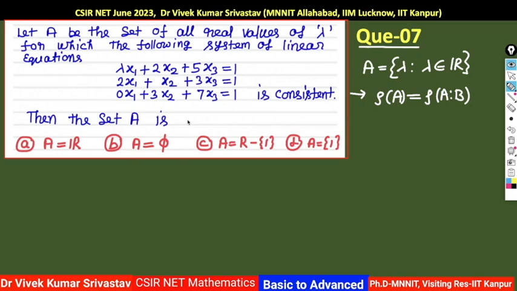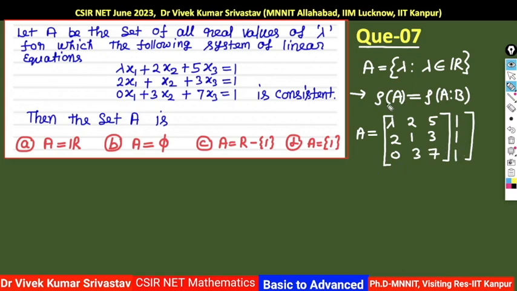एक और तरीका समझिए, मतलब कई तरीके से प्रॉब्लम को सॉल्व कर सकते हैं, सवाल ये है हमें कैसे सॉल्व करना है. तो देखिए अगर ये लीनियरली इंडिपेंडेंट वेक्टर्स हो जाए, मतलब अगर मैं इसका रैंक निकालूं, दिस इज द मैट्रिक्स A: पहली रो λ 2 5, सेकेंड रो 2 1 3, थर्ड रो 0 3 7, राइट. अगर मैं इसका 3 लीनियरली इंडिपेंडेंट रो निकालूं और इसके साथ साथ मैं आर्गुमेंटेड मैट्रिक्स भी ले लूँ, B इज 1 1 1, राइट, वी कैन चेक वेदर द रैंक ऑफ A इज इक्वल टू रैंक ऑफ B, और उस बेसिस पे भी हम λ की वैल्यू चेक करके बता सकते हैं. दिस इज अ वेरी इजी प्रोसेस, और इससे पहले भी मैंने आपको प्रॉब्लम सॉल्व करा.